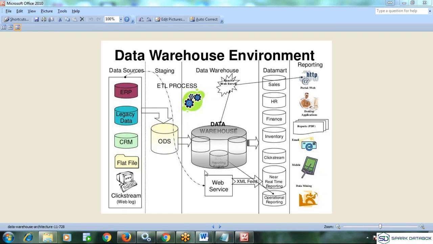So the definition: a data warehouse is subject-oriented. What's the definition of a data mart? A data mart is a part of a data warehouse which can speak about an individual subject area. Only about that particular subject area it can speak.